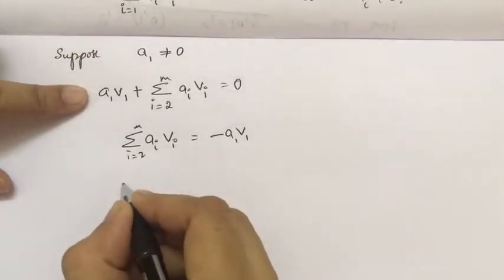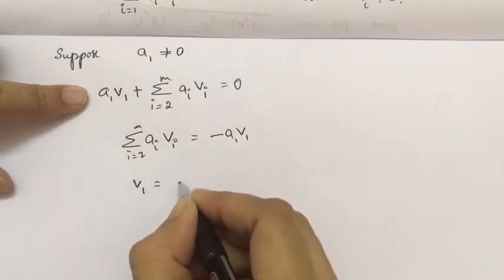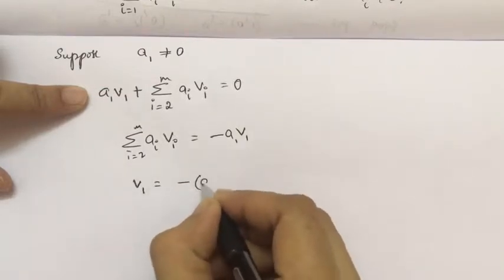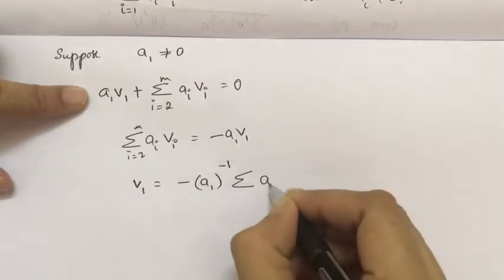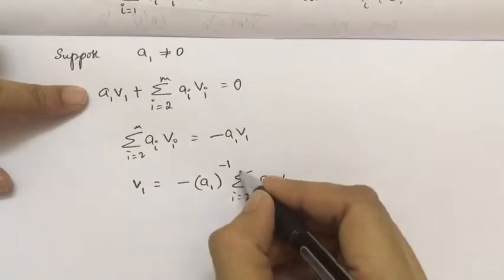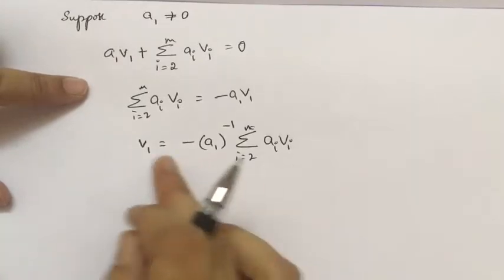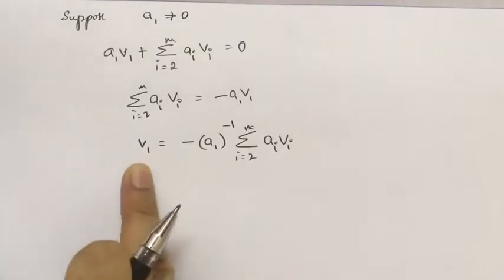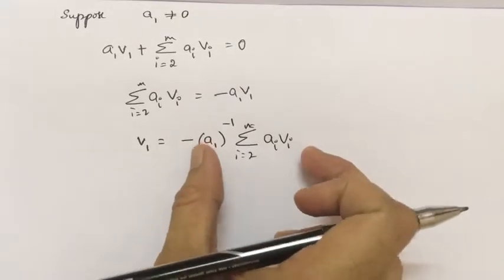This is the same as writing v1 equal to minus a1 inverse into summation ai vi, where i ranges from 2 to n. Okay, that implies, see, when I write one vector in terms of a linear combination of other